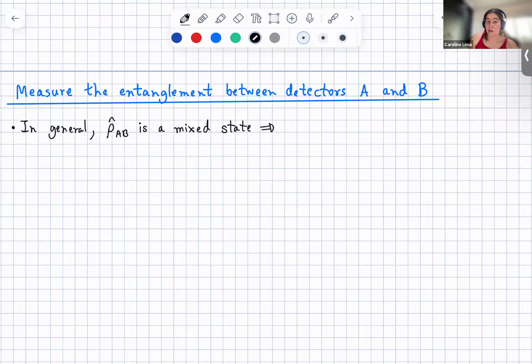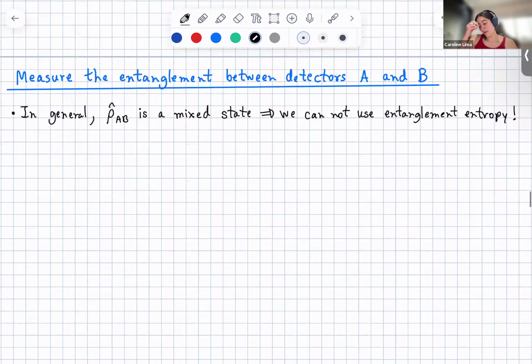So you'd be wrong to use entanglement entropy here. Okay, so now for mixed states, in general, the problem of finding whether a state is entangled or not is